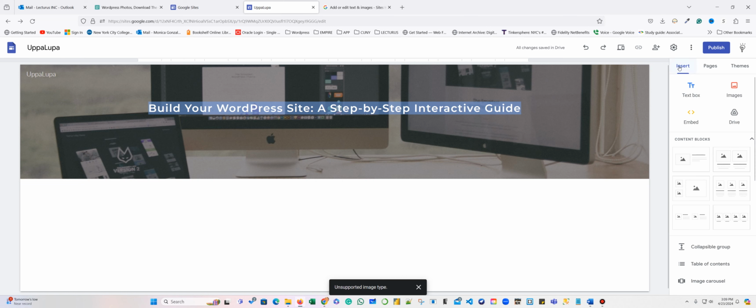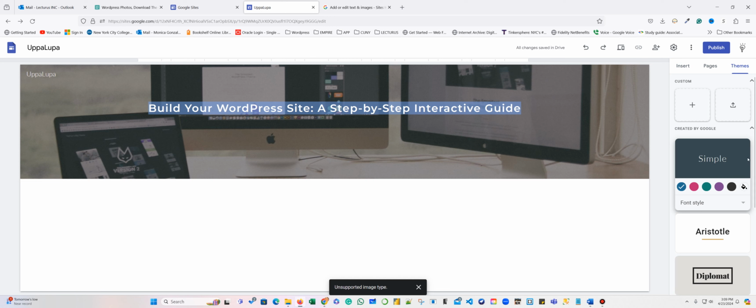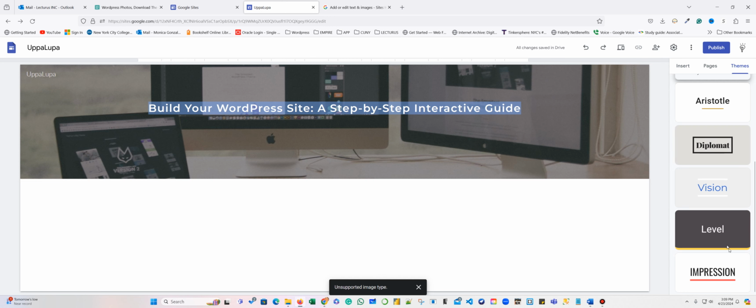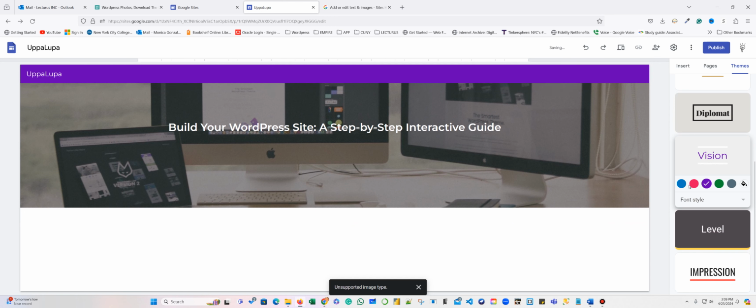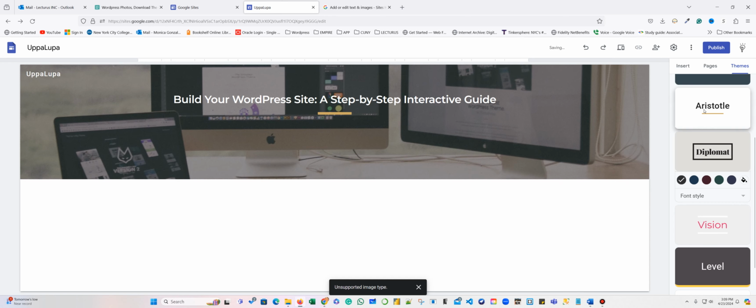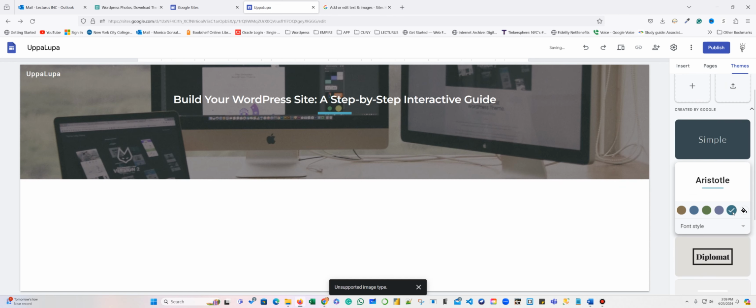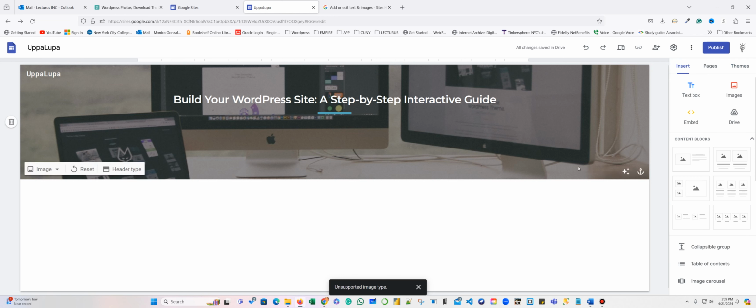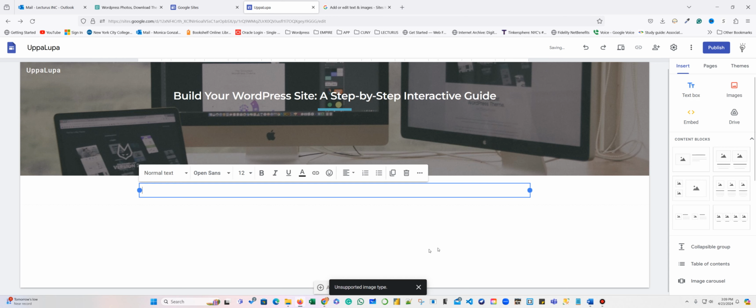Here I have three tabs: Insert, Page, and Themes. Okay, before I move on, I'm going to look at the themes here, and let's see how it looks this way. Vision, no. Maybe this way, no. No. Okay, I'm going to use this theme here. I'm going to go back in insert,